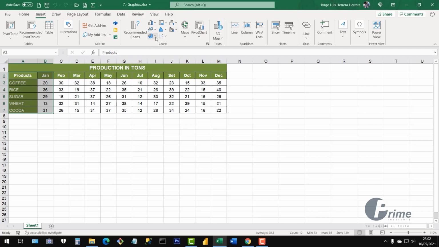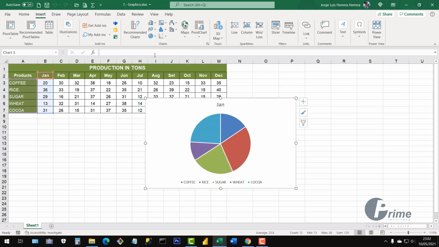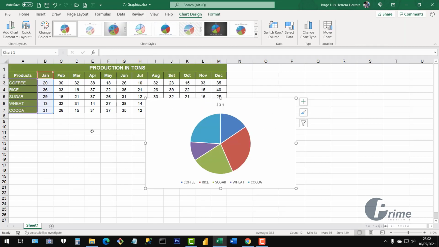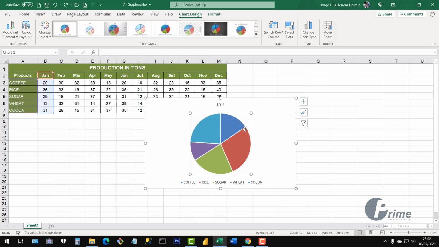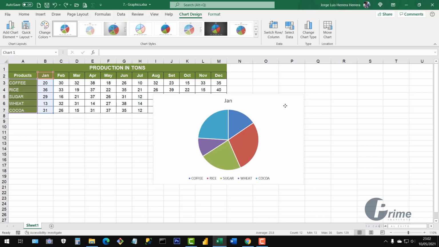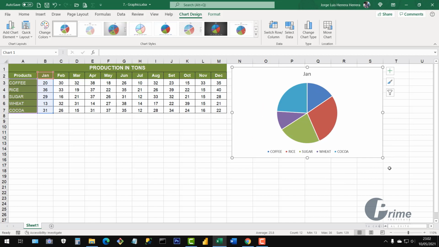So let's choose one of them. For instance, let's go to this, that is the 2D pie. And with this, I obtain immediately the chart. It will always appear covering the table. Try to drag it from this part when there is no element, not here, because this will happen. So you drag it from here, from a free part, and you can put it up here. I'm going to reduce the size of the chart